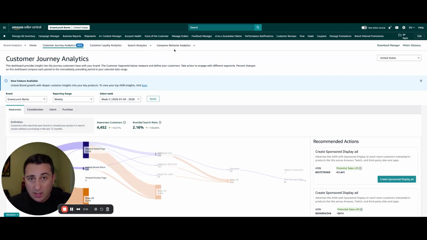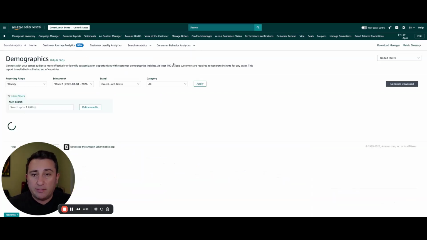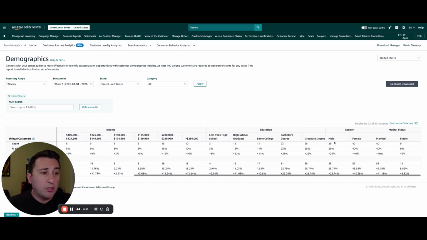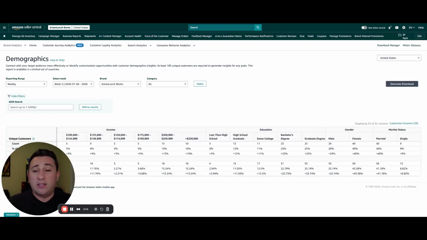What you want to do next is go to your Customer Search Analytics, and from there, go to Demographics. So here at your demographics, you have a couple of options to work with. I'm going to give you the version I am choosing. From here, you have age, income, education, gender and marital status. At first glance, it may seem not a lot, but believe me, once you put all of these together, it gives you full information on who your customer is,